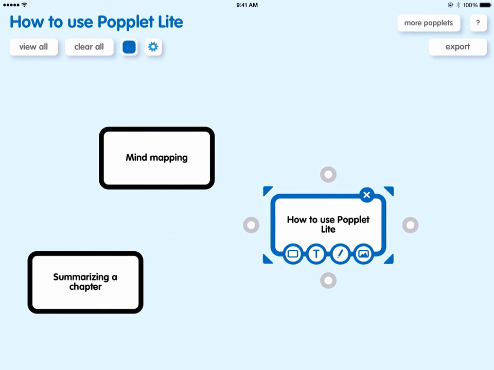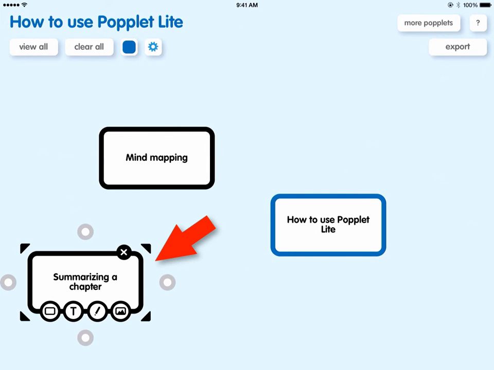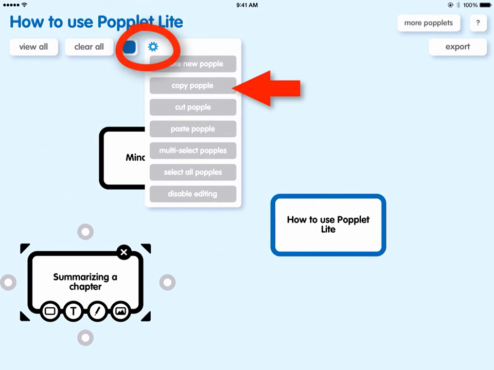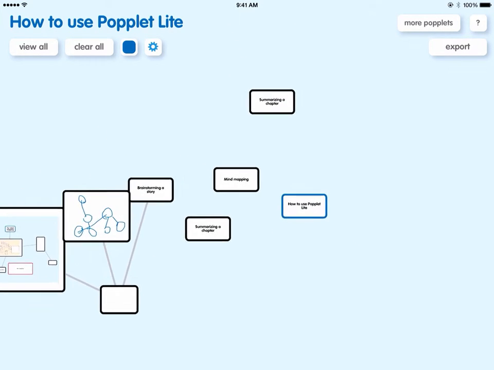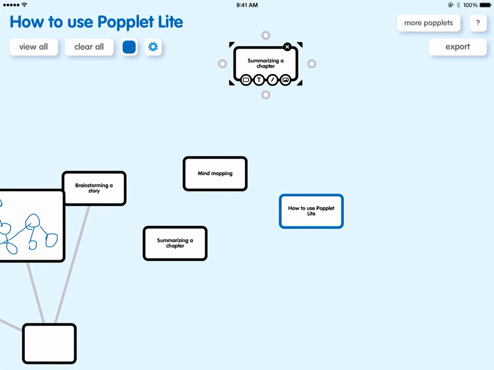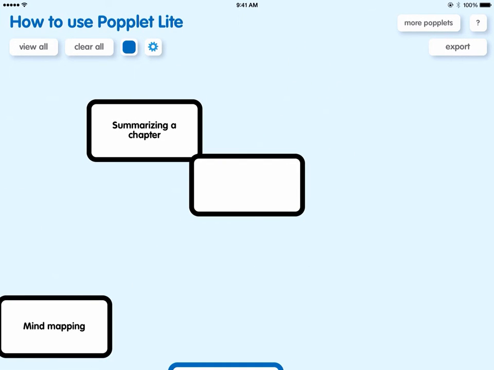And at some point I might actually want to use one of these popples in two places, so I might want to duplicate them. In that case, I can tap on this popple to select it. Then I can go to this gear icon and tap on Copy Popple. Tap the gear icon again and tap Paste Popple. And now if I zoom in on my Popplet by putting my thumb and forefinger on the screen and pinching together, you'll see up here at the top it added another popple just like this bottom one,